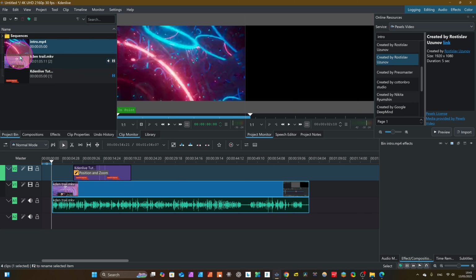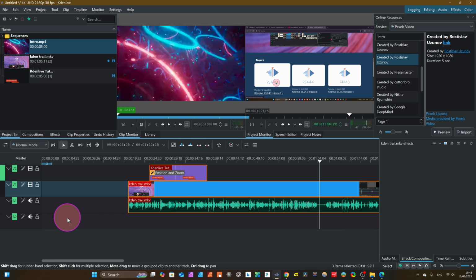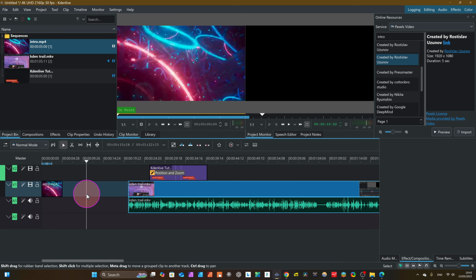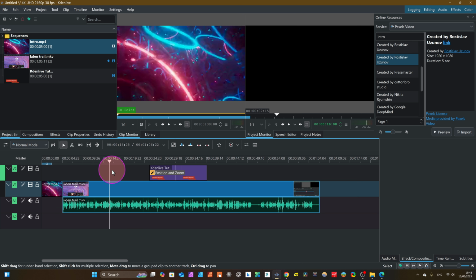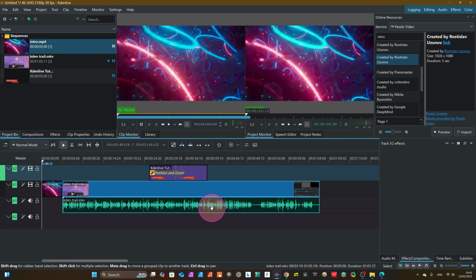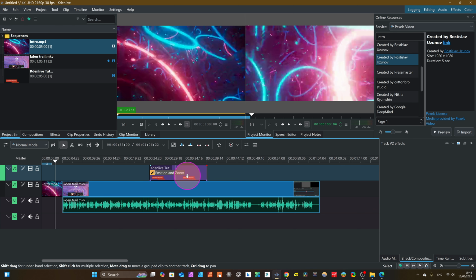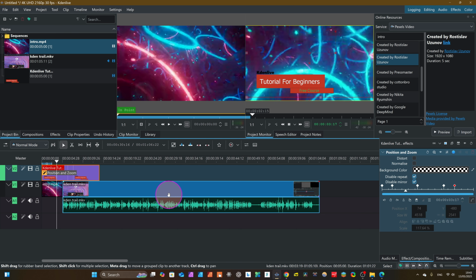You see here it has appeared in our project bin. Before that, I want to shift our video, Control A, and we want to shift it somewhere, because we want to use the intro here. We have already placed the intro here, and we have a gap. So remove space here. Just click here. Now we have removed the space. Now we play here. You can see here, and if you want to add text there, you can add this text. You see here, very easy.